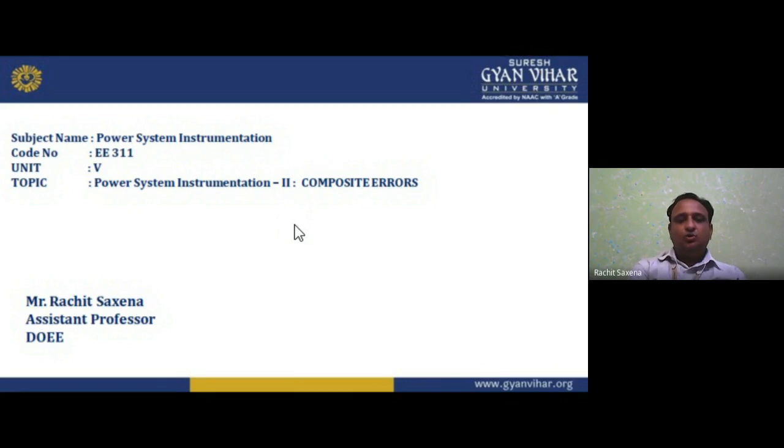Okay, so this is about unit number 4. Then unit number 5, which we are going through. In unit number 5, basically we studied the instrument transformers. Instrument transformers are the transformers which we use for measurement purposes. If I am talking about high voltage and high current, voltmeters and ammeters are not capable of measuring high rated current and high rated voltage. So for this, we can step down the voltage level and current level and measure with the help of a voltmeter and ammeter.